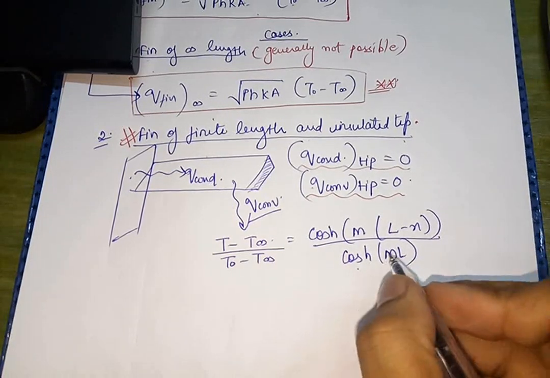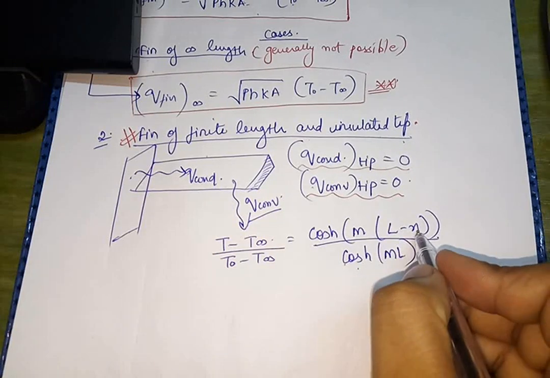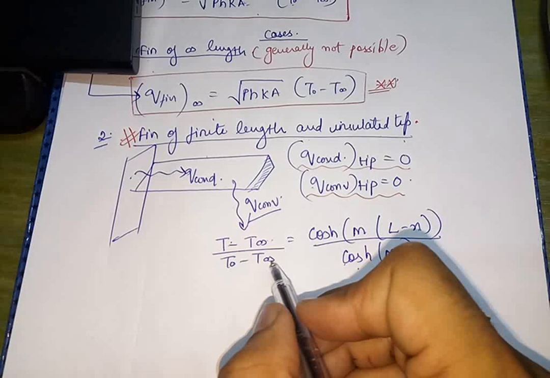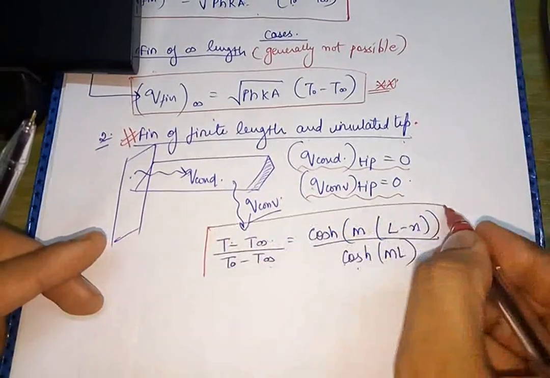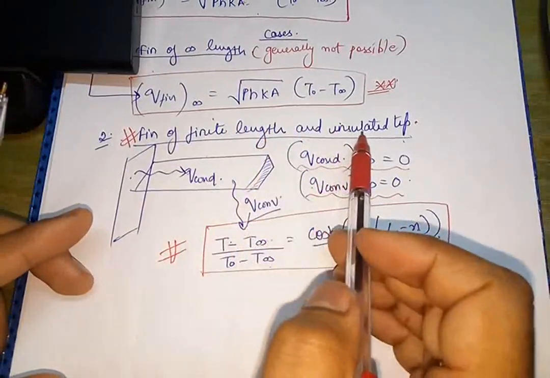Here we are having the hyperbolic function of the cosine. L is the length, x is at any coordinate. So this is the temperature distribution equation in case of fin, which is having finite length but it is insulated